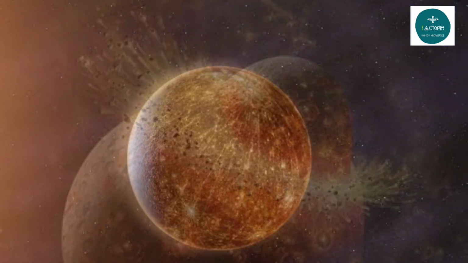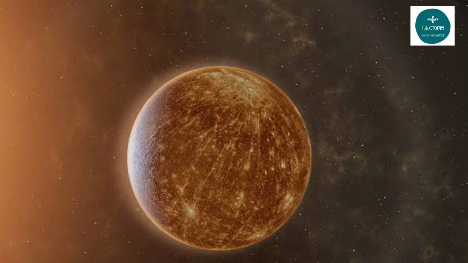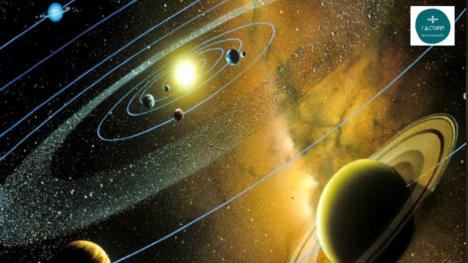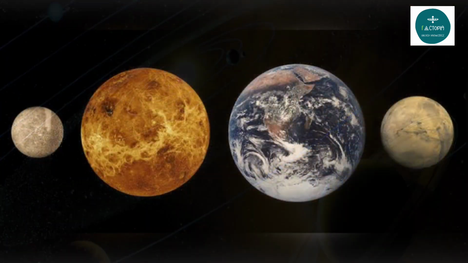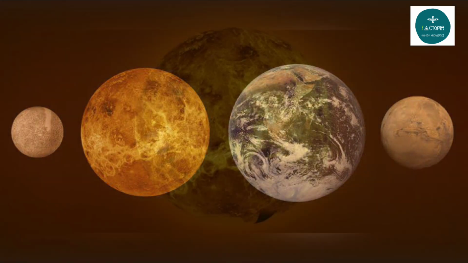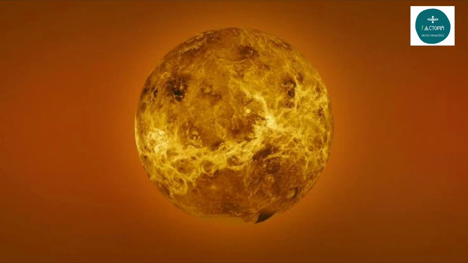Mercury is closest to the Sun. It has a barren, rocky surface and practically no atmosphere. The outer planets are frozen balls of gas. The three planets in between are Earth, Mars and Venus. Venus is about the same size as Earth and is nearer to the Sun. Mars is much smaller and further away.